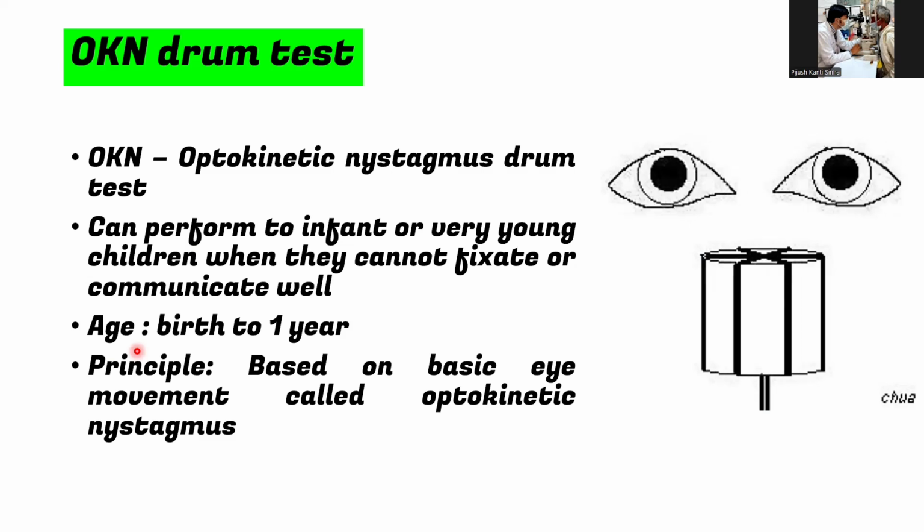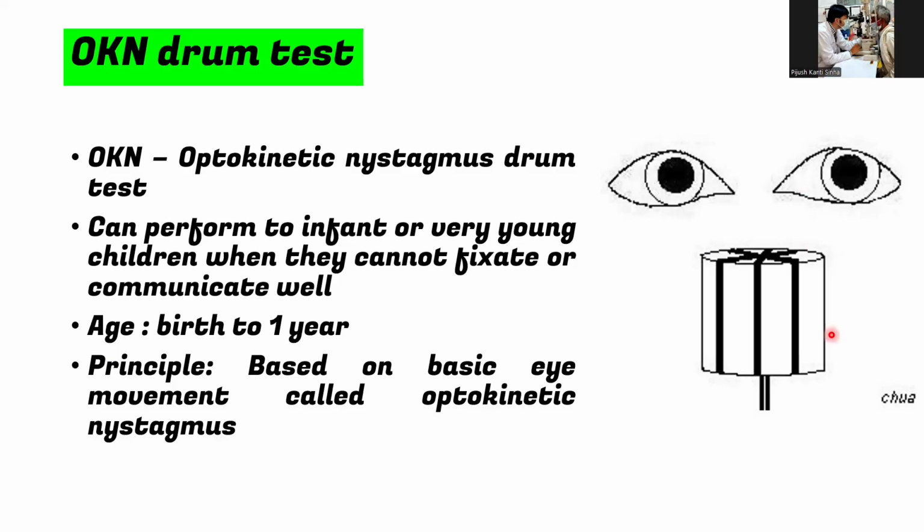For example, like stripes on a train, and then the eyes quickly jump back. This is involuntary: the eyes look at the stripe moving, and when it goes, the eye again jumps to the previous position and then follows again. This is known as optokinetic nystagmus. So we use this involuntary follow and flick movement to secretly check how well a baby can see without verbal communication with the child.